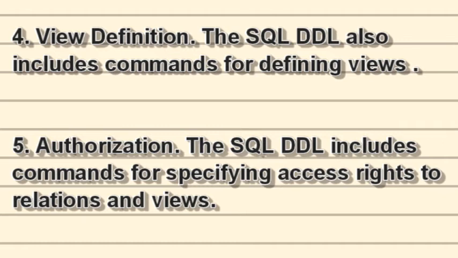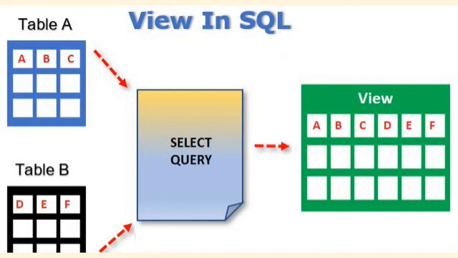The next capability of SQL is the view definition. So basically the SQL DDL also includes commands for defining views. Means it tells the different kinds of views which are accessible by the user, and which kind of view is available to which user and which kind of view is available to another user. We have already discussed views, what we mean by views and how we get a virtual base class or a base view in SQL. So you can check that also to understand what we mean by views. Everything will be clear when we perform the SQL queries. This is just to tell you what each and every command holds, and what the capabilities of SQL are, what things the SQL query can perform.